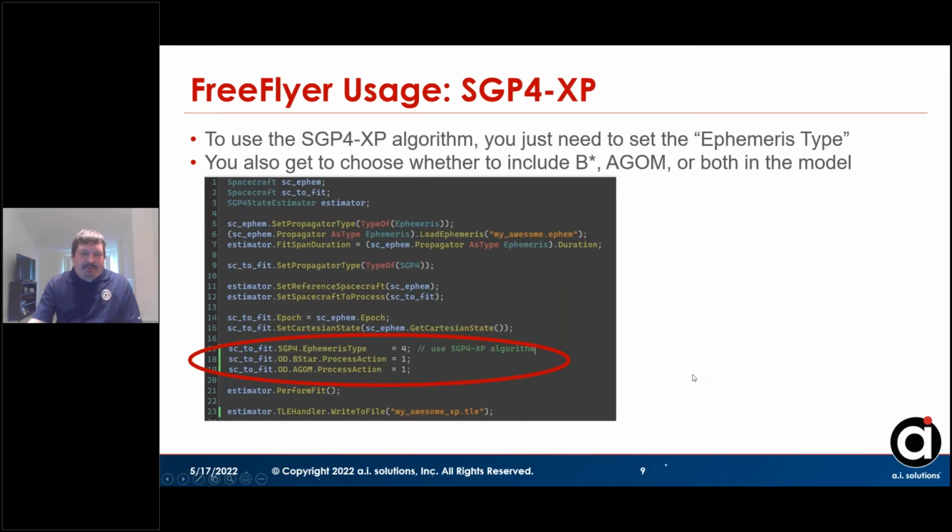So if you want to do this with the SGP4-XP, that's a mouthful for me because I used to just say SGP4. All you really need to do is specify the ephemeris type. So just real quick on that front,